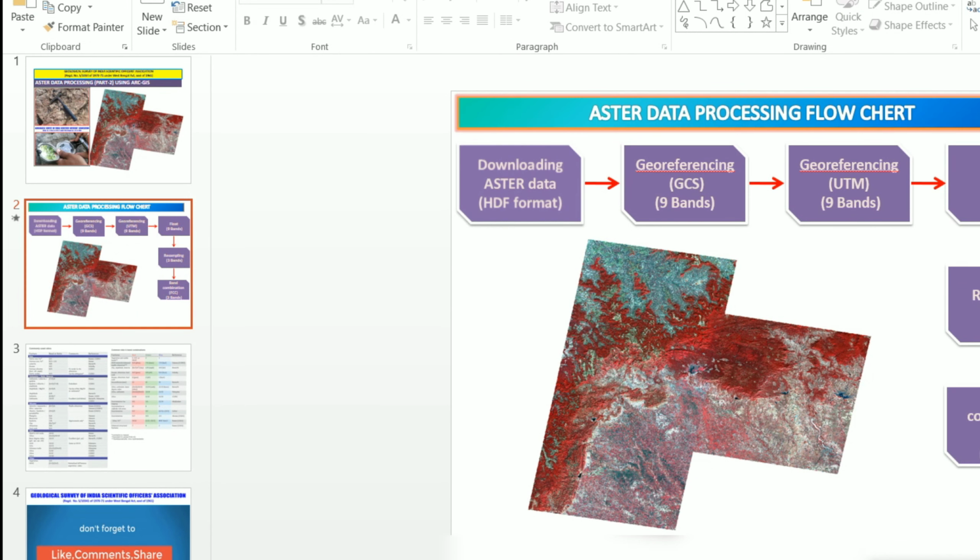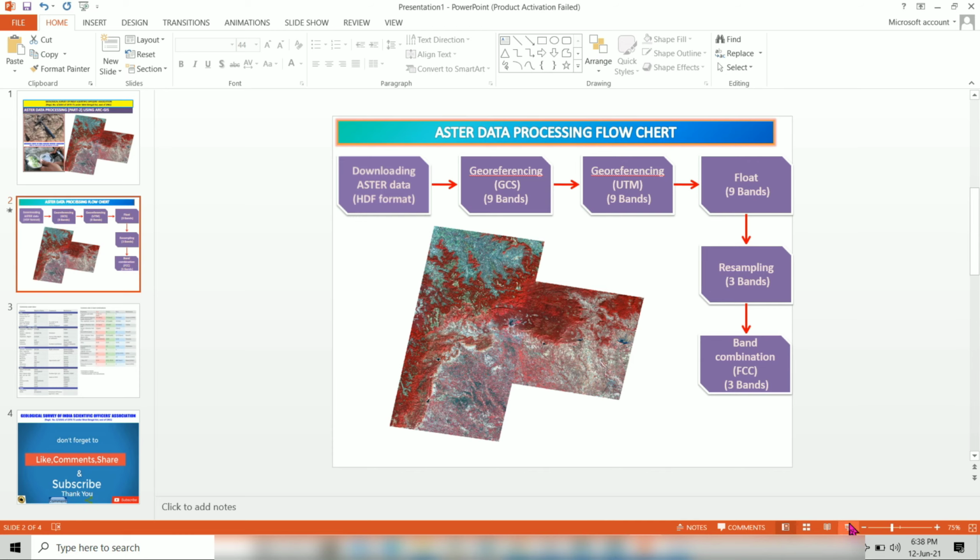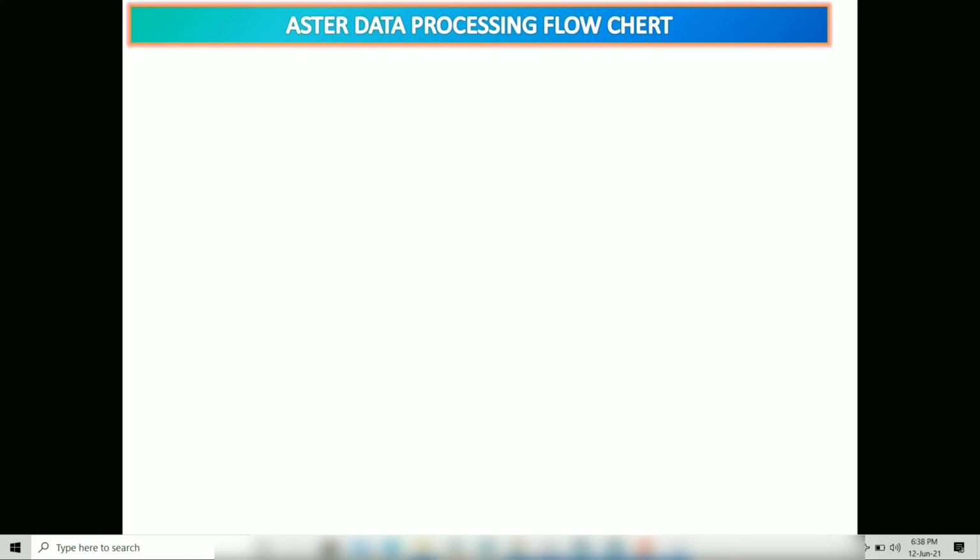So now, just to recapitulate the entire process which I explained in the previous videos, I am showing a slide for better understanding.